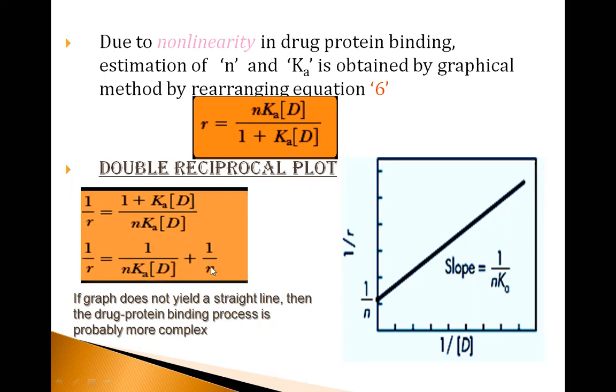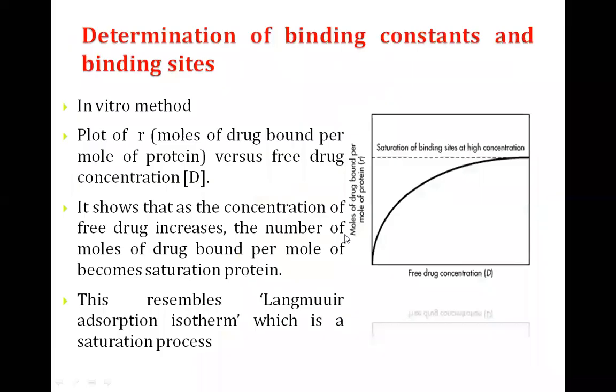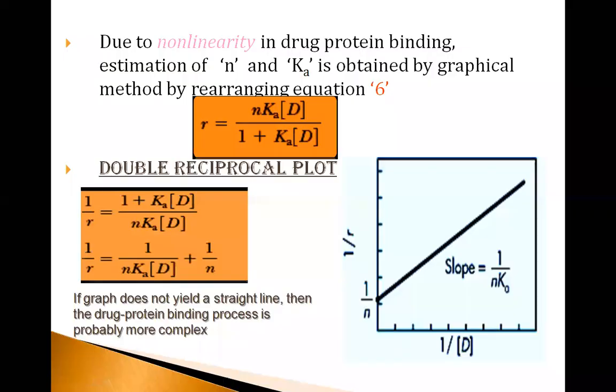1 by n. So after doing the in vitro experiment, I have two values in my hand. I have the r value, which I could calculate; as I told you previously, if you can determine all the molar concentrations, you have the r value. Take the reciprocal of that r value, that becomes the y-axis. I know the drug concentration, that is the moles of drug used in the experiment. I take the reciprocal of the drug concentration and plot the points. I get a straight line.